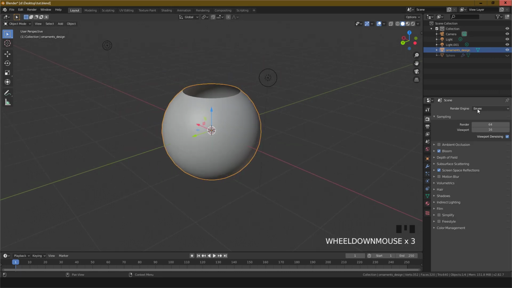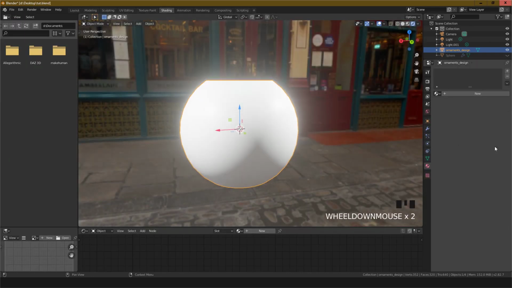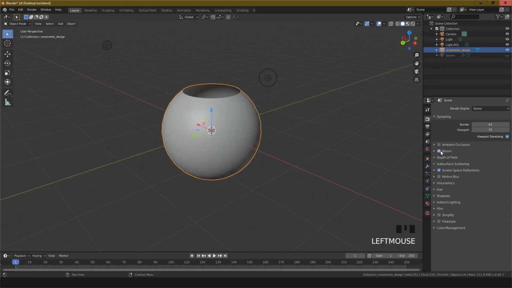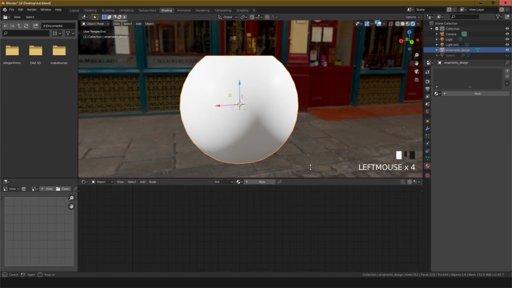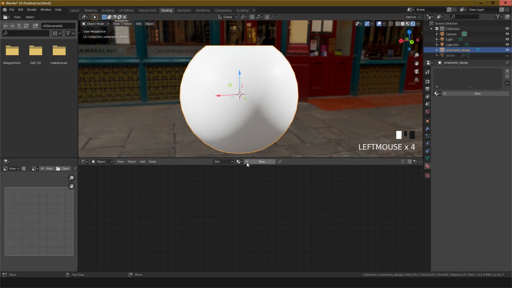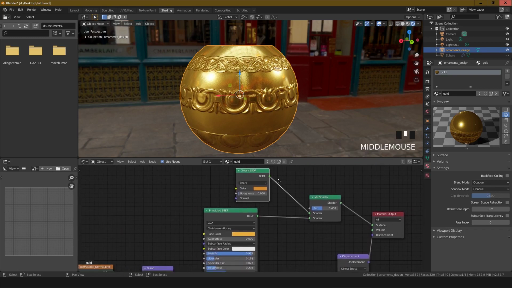and change, this is my default Eevee. And now I'm going to shading mode. Check the bloom, go into shading mode, and go to here, gold plated, and